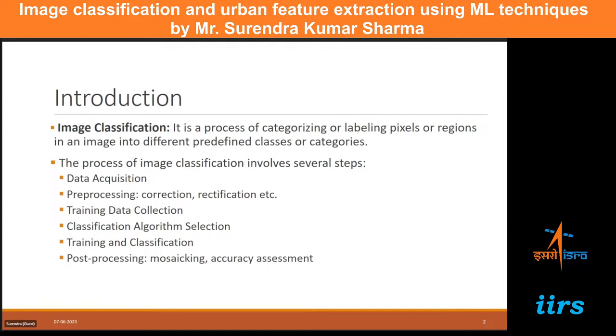The first step is data acquisition. In this step, you acquire the data, either we purchase or download satellite data, or we can also acquire ground data, UAV data, and many others. Then in the next step, we do pre-processing. Some corrections, image enhancements, and image rectifications are required many times. Then we go for the training data collection. In this step, we select a certain number of pixels or regions in the image for different classes. For example, if 5 classes are there,